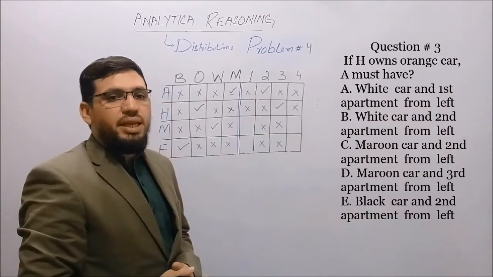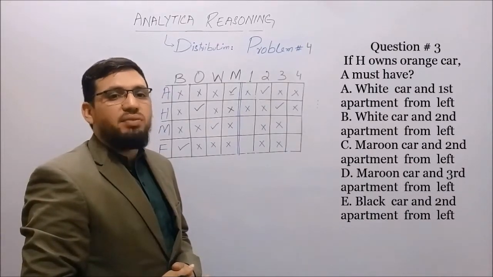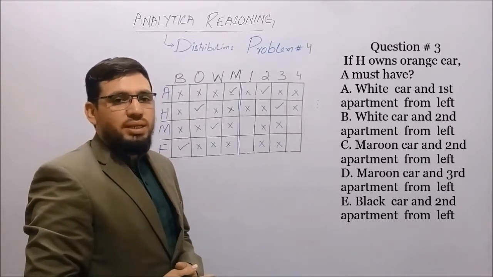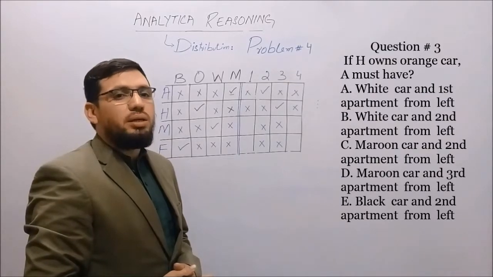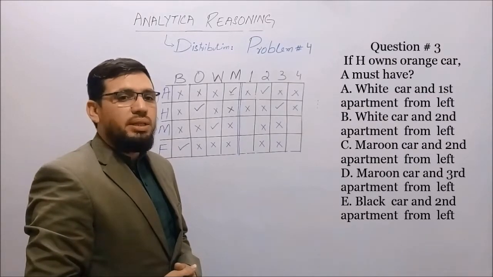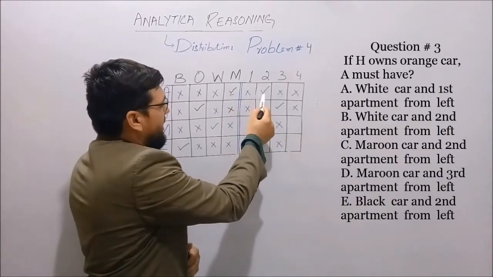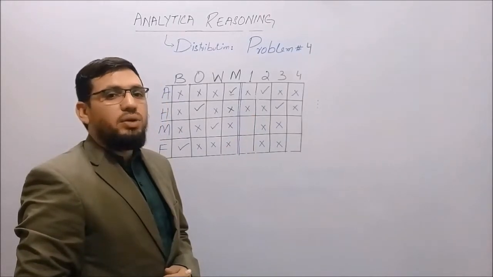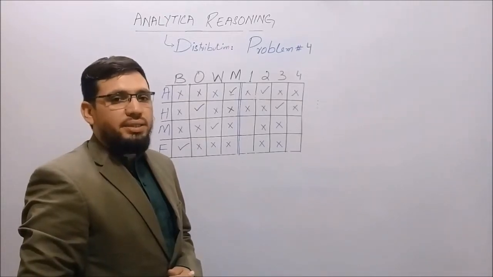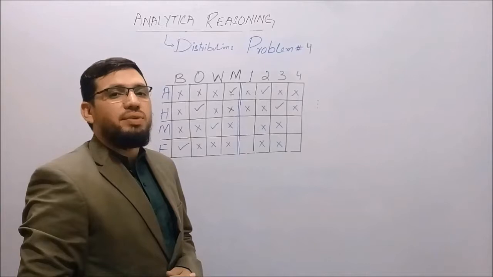Now let's check out the options we have. The first option is a white car and first apartment from left. That is not possible, as A has the maroon one. The second option is the white car and second, which is also not possible. The third option is the maroon car and the second apartment from left, which is the correct option. Maroon car and second apartment from the left side, as we have already arranged our apartments from left to right,